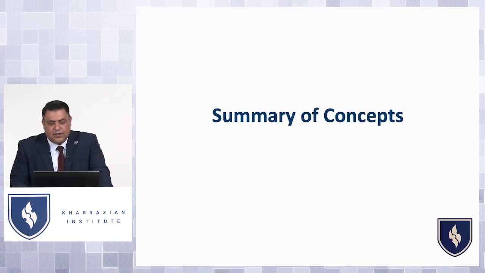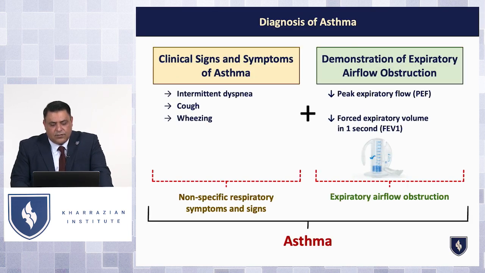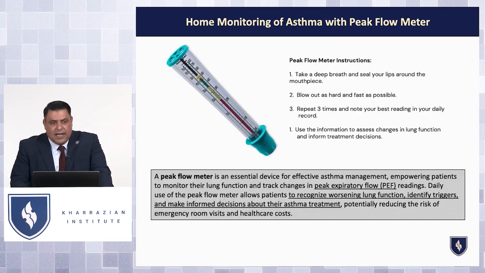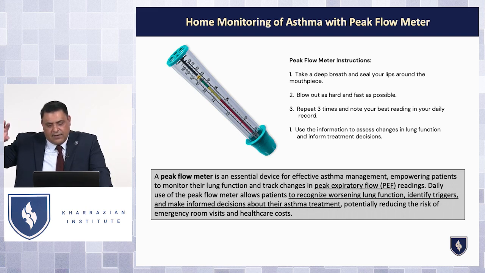So as we look at the summary of what you want to do as a clinician with asthma, first of all, make sure the diagnosis is correct. You have to have asthmatic symptoms plus a demonstration of expiratory airflow obstruction. Have the patient get at least a peak flow meter or a spirometer, and then have them measure their peak expiratory flow throughout the day and get an idea if you see any trends, what their baseline is,